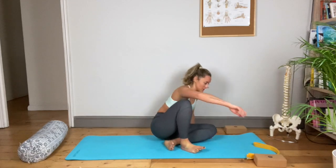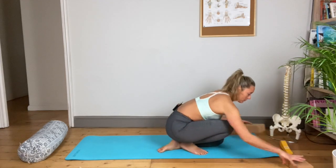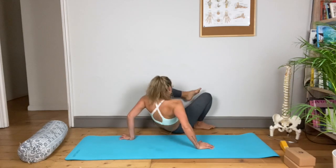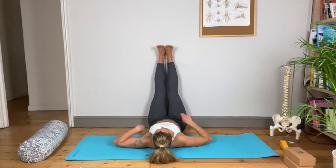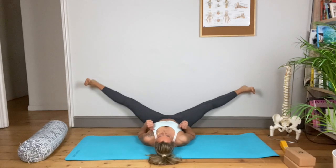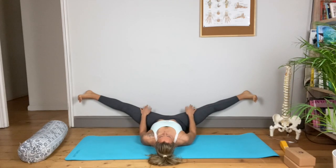Really good stuff. Okay, so the next one, we're going to use the wall as a little stretch enhancer. So pop that to one side. I'm just going to move the blocks out the way as well. So what I want you to do for this one is get your butt really close to the wall, almost like you're sitting against the wall, legs up, and then you might want to even shuffle further towards the wall, and then we're going to take the legs out to the sides. Okay, so imagine if you're doing the splits, this is the position you want to be, as in the side splits,